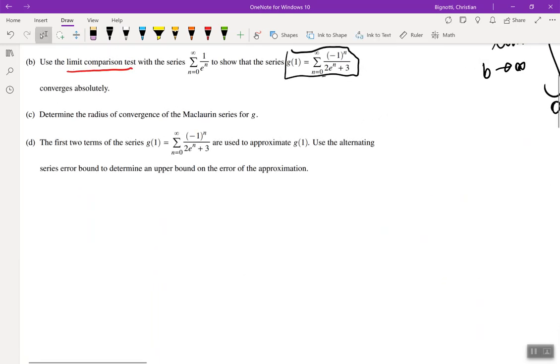Last one, D. It says the first two terms of the series G at 1 are used to approximate G of 1. Use the alternating series error bound to determine an upper bound on the error of the approximation. What we have to remember here is that for the alternating series error bound, the error is at most